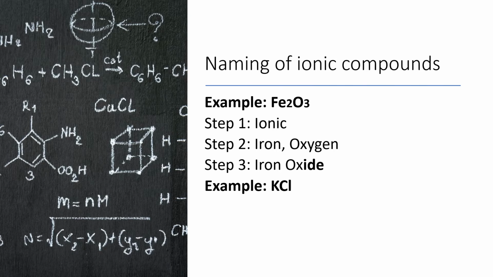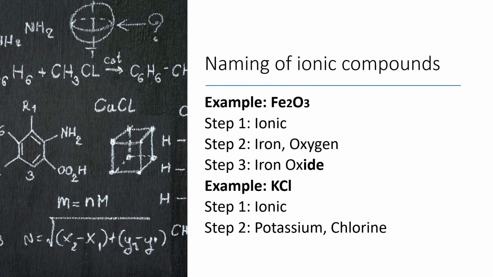If we have a look at another ionic compound, an example here is KCl. Step 1 is to identify the bond, which is an ionic bond. The reason for that is because we have a metal bonding with a non-metal. Step 2 is to identify the elements that play a role in this compound, and it is potassium for K and chlorine for Cl. Step 3 is to give the second element the suffix of "ide," which gives us